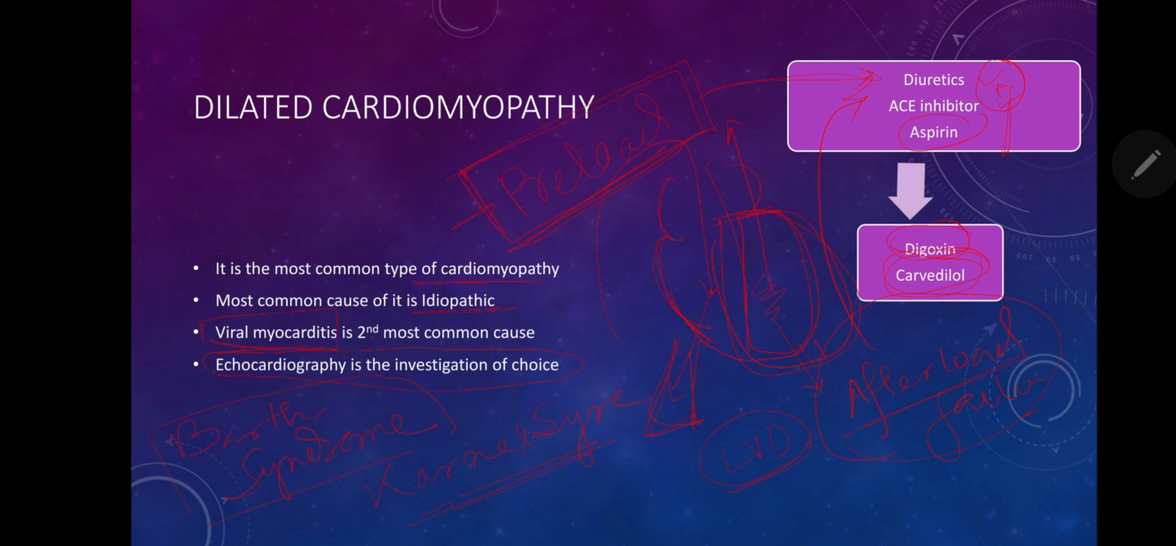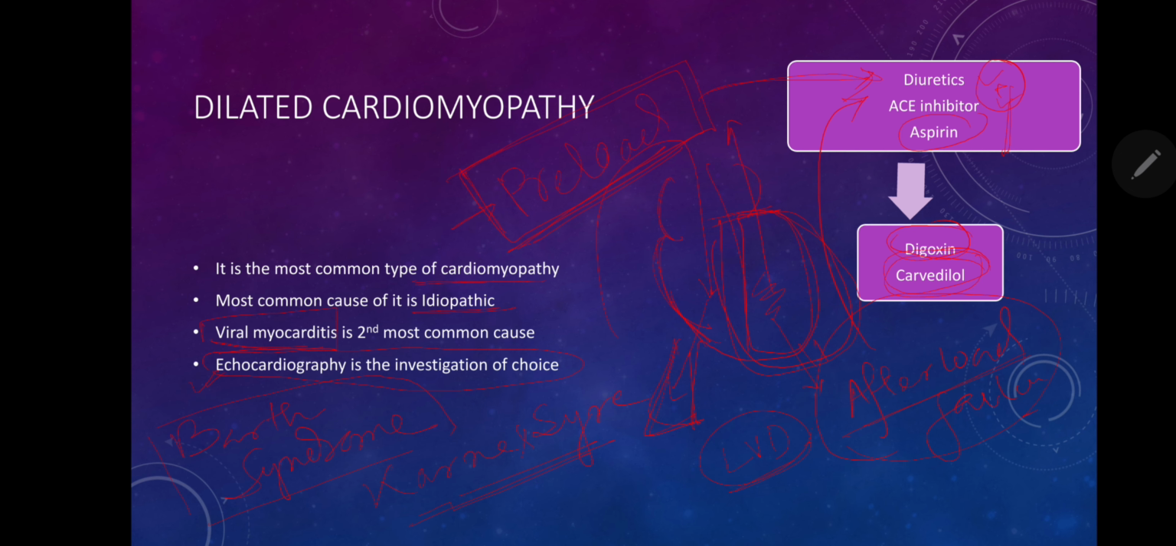So dilated cardiomyopathy is very important as it is the most common type of cardiomyopathy, and it is the most common cause of heart failure in a structurally normal heart. In dilated cardiomyopathy, there is preload and afterload failure. That means systolic and diastolic failure. And the investigation of choice is